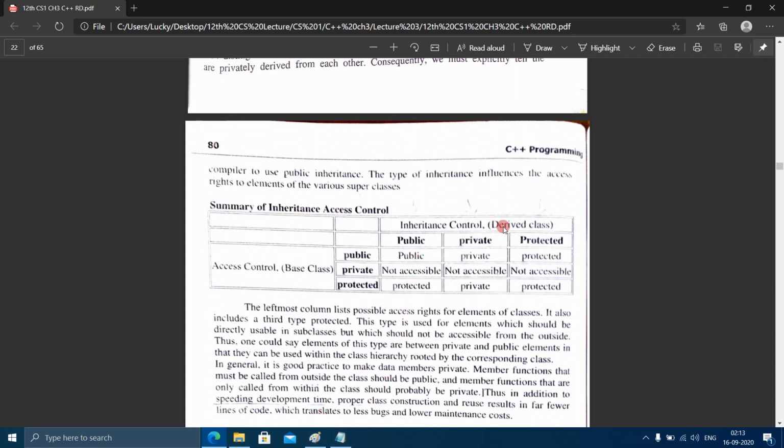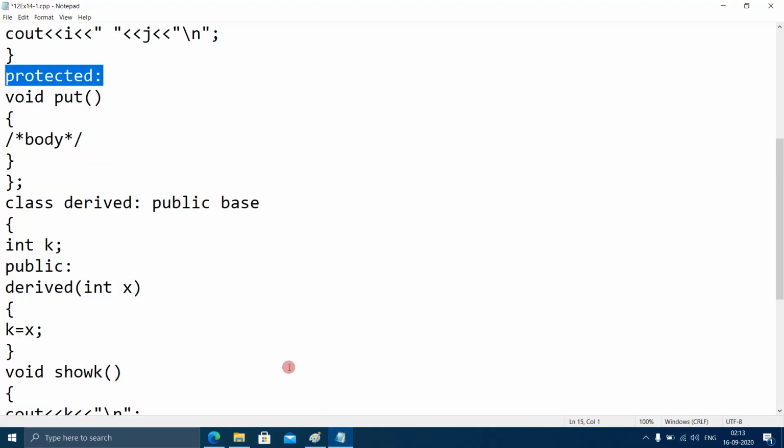Then if the derived class inherits the base class as private, then whatever is public will become private, and private members of the base class are not accessible, and whatever is protected becomes private. So what it means with reference to the program: if this derived class will inherit the base class as private,